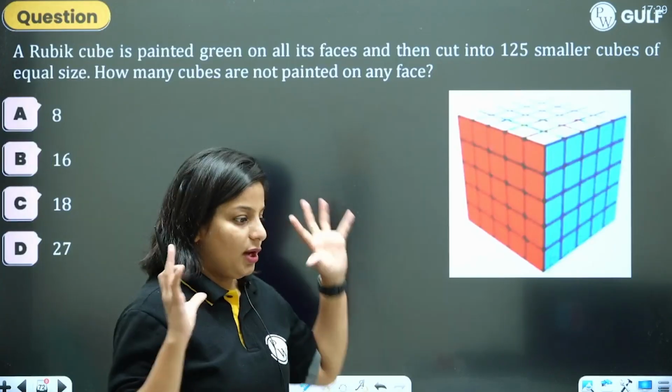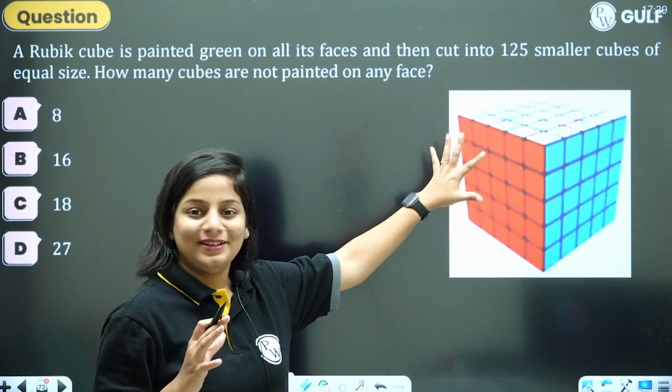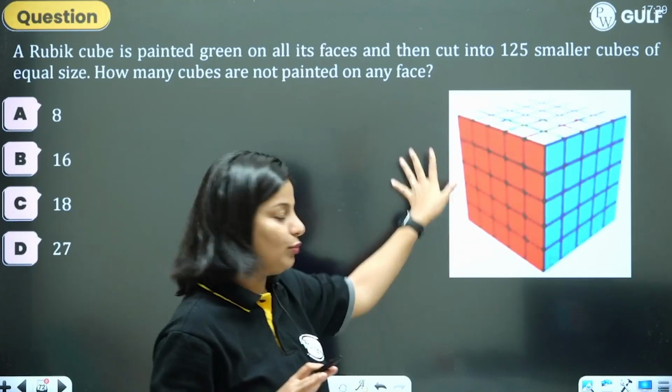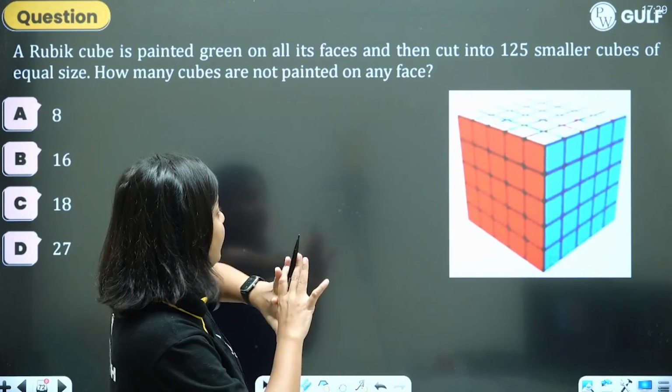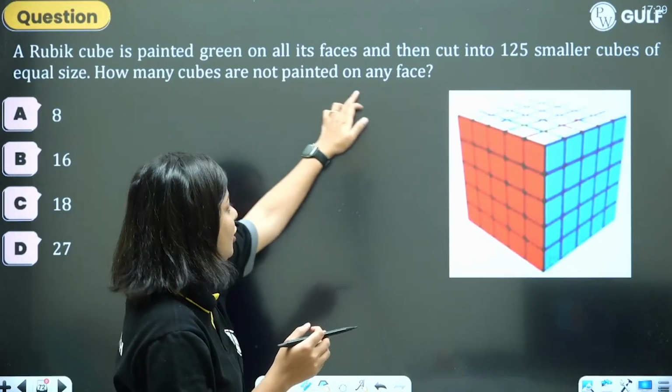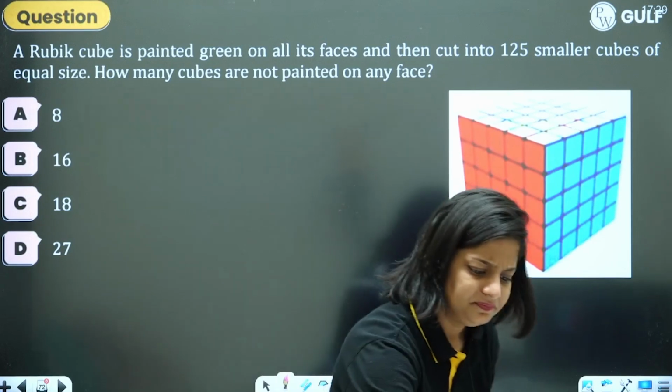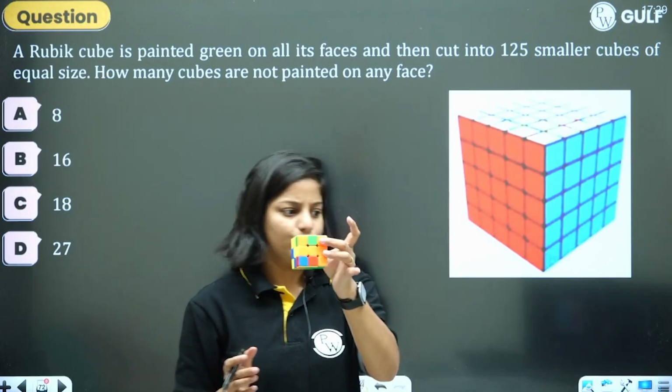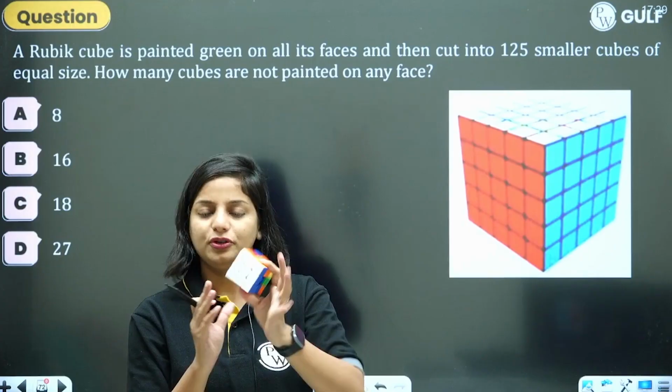A Rubik's cube, now don't go by this Rubik's cube. This is just an example, but a Rubik's cube is painted green on all sides, and when broken into 125 smaller cubes, how many cubes are not painted on any face? So I have taken for example a 3 by 3 Rubik's cube. I do solve a Rubik's cube, so